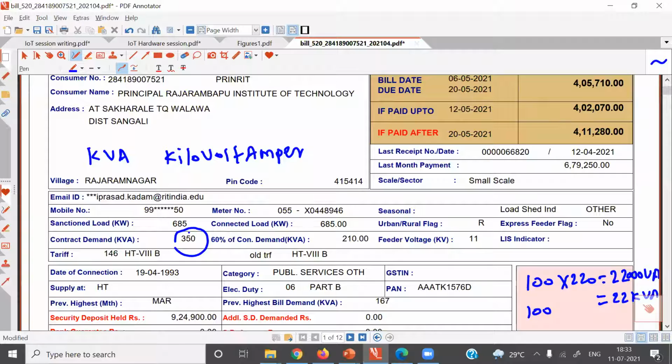Utilization of electricity in any industry or institute is not the same throughout the day. During peak time, it may increase. For example, in an institute there are lathe machines in the workshop. When lathe machines are operated and more air conditioners are switched on, power demand will increase, so kVA demand will increase. In the bill, it is also mentioned that 60% of demand is 210 kVA. If your utilization is below 210 kVA, demand charges will be charged for utilization of 210 kVA.